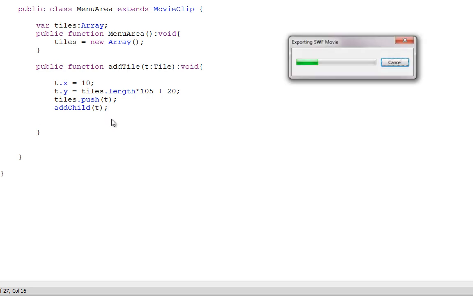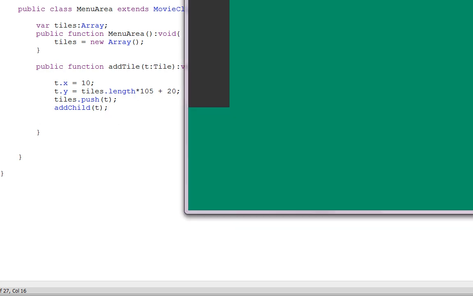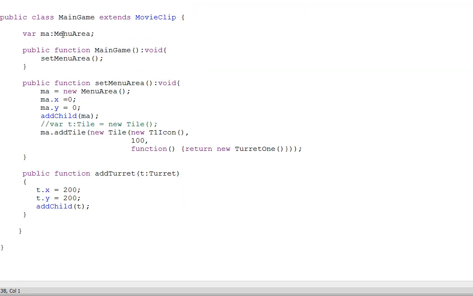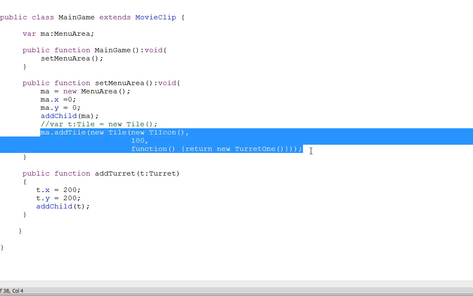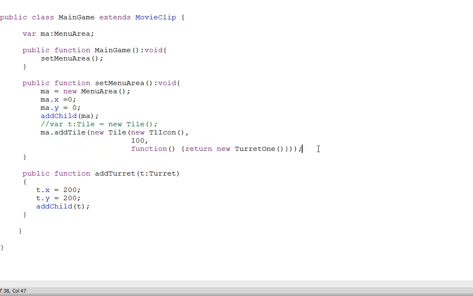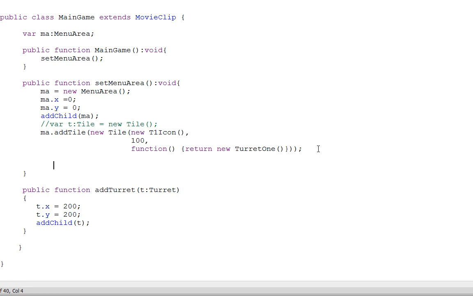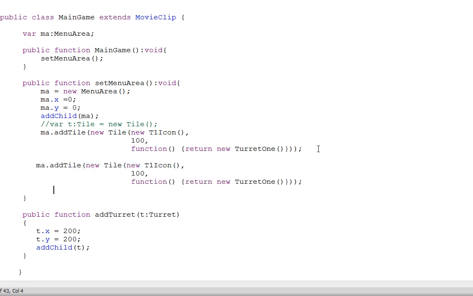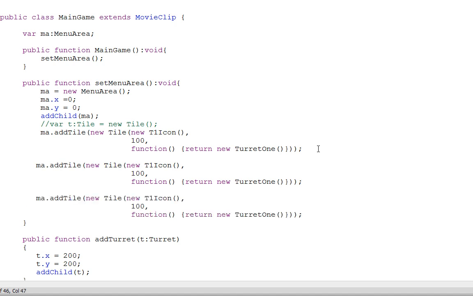Now if we run the program, we are going to see that our tile appears here, but what I'm missing at this point is I've only got one tile, and so what I need to do here is add the rest of these. So I'll simply go ahead and put in the other tiles, and by copying and pasting this, these guys will all be placed in,